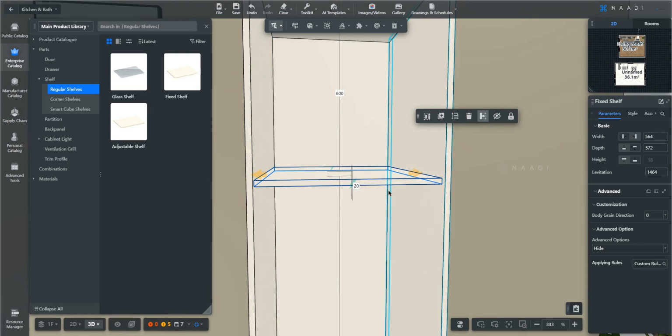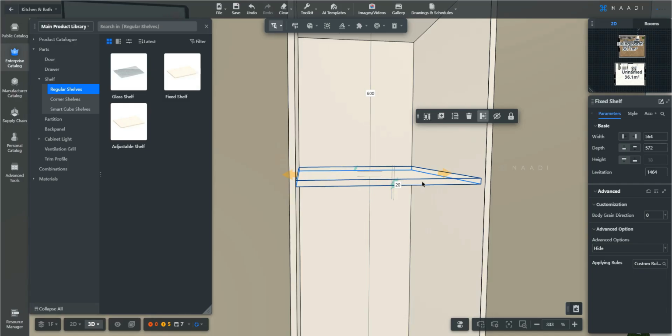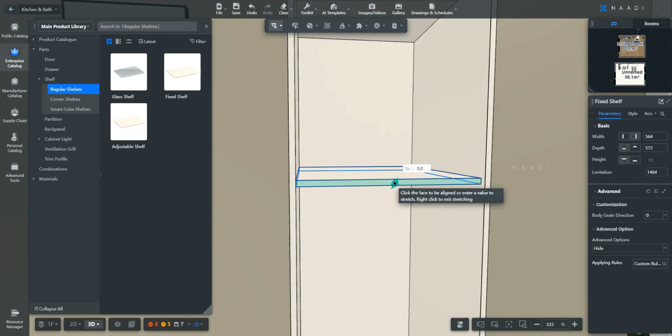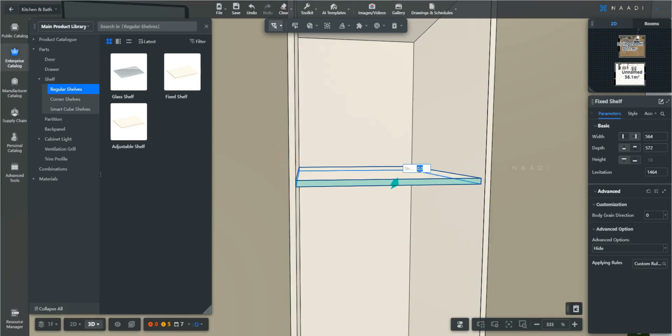I don't want this reveal, because this is not like an internal shelf. This is like an external compartment that needs to be derived in. So here I don't need this clearance. For that I can click on this front arrow mark. This will open up your stretch units where I can type in how much I would like to stretch